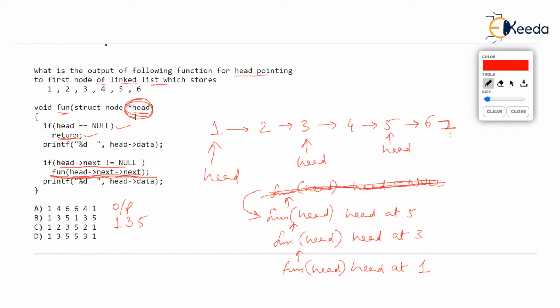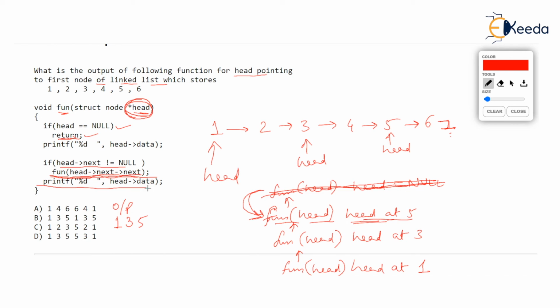Well, the calling function was fun head with head at phi. Now this is your big test. Now when fun head resumes with head at phi, notice what will resume in that function. Obviously it will resume with the next line. The next line after recursion was printf head arrow data.